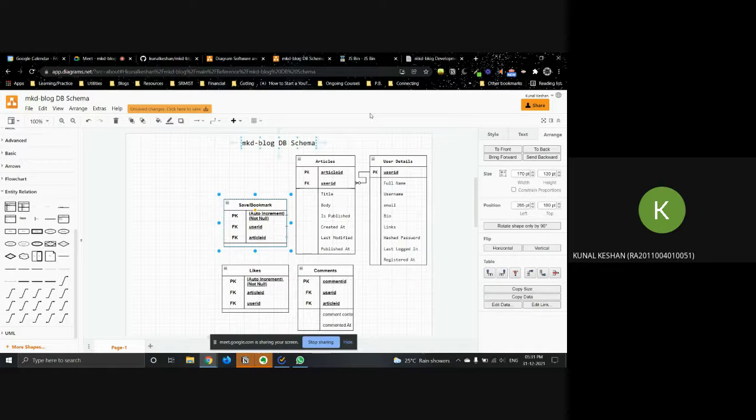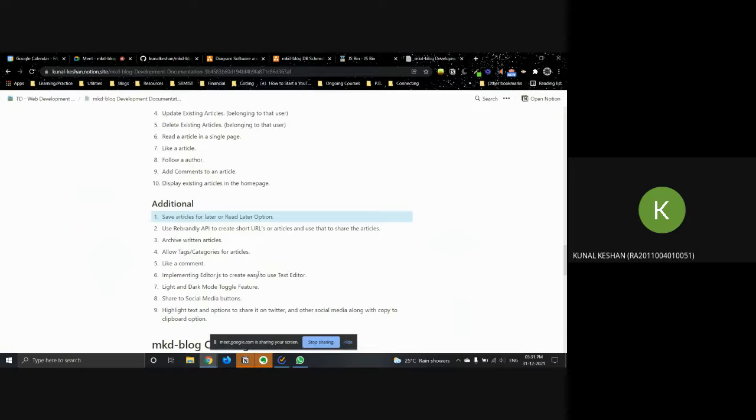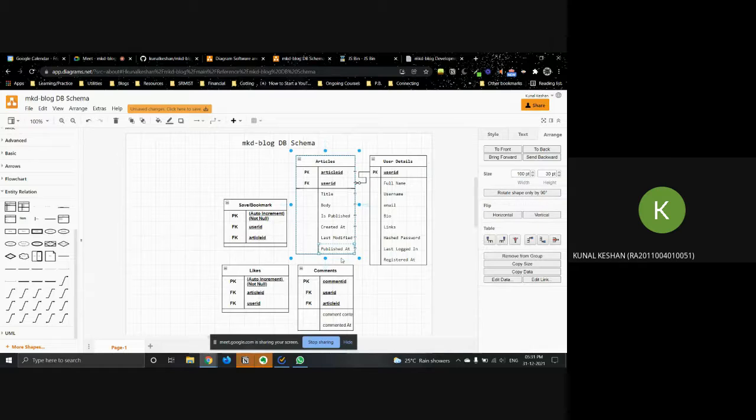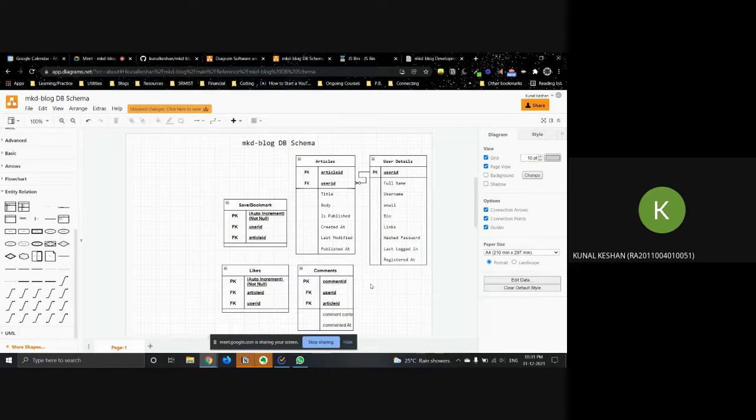All right. Let us see. We have this one also, right? Allow tags and categories. So let's just think about this. If you go to the articles, we can add tags, right? But then if I keep adding tags, all the users might have different tags, and some users might have the same tags for different articles. So data is getting repeated at that place also. So instead of doing that, I can just